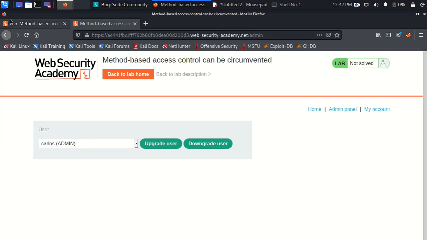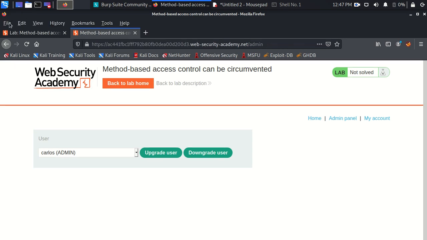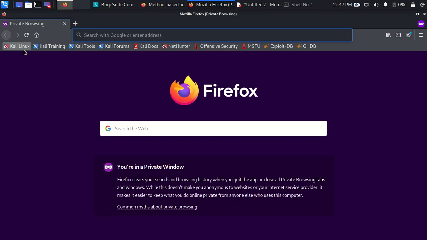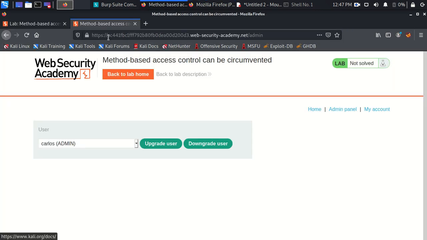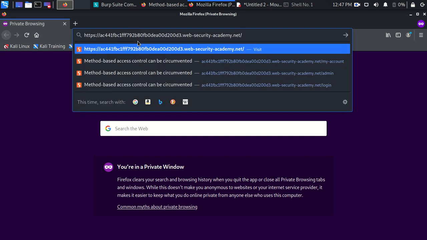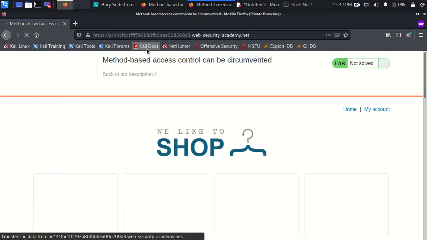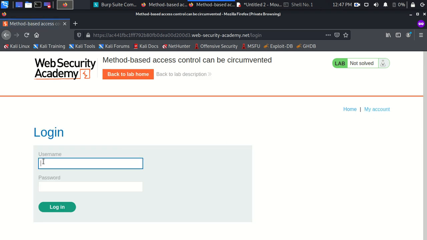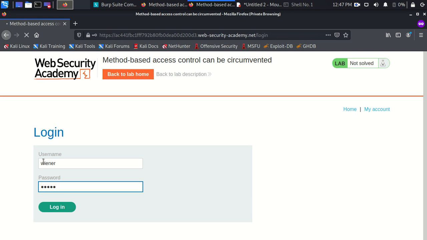So I will make one private browser and open the same site in this browser, but this time I will log in with my normal user account, that is Wiener, and the password is Peter.